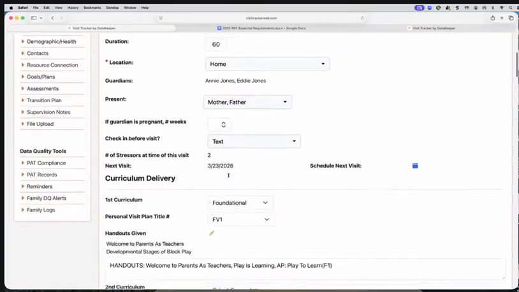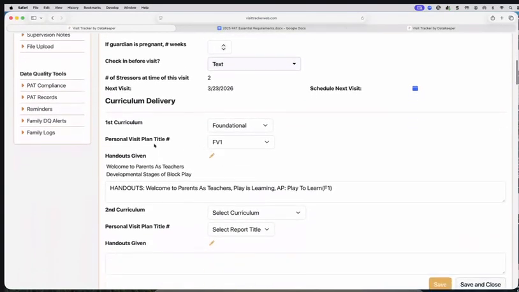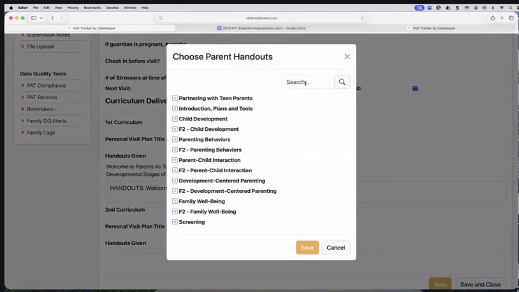We don't have to do anything with that. So it's listed there. You will see some of the information from your planning guide did come over to the visit record, so you're not having to copy and paste any of that. It's already here. If something changed and maybe you didn't get to a handout, we can open that,